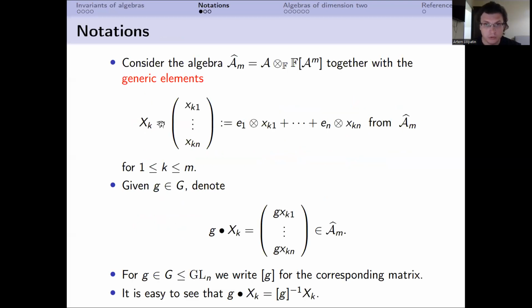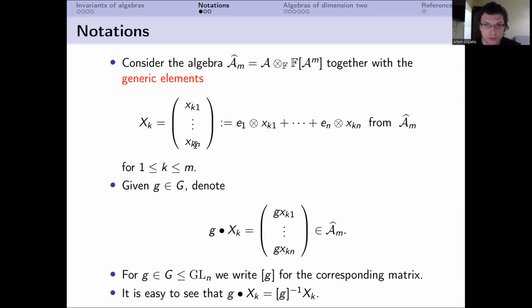And so it motivates us to study the case of other algebras. So now I would like to give a little bit more formalism. I would like to define traces in a more explicit way. At first, let me define the action in a more explicit way. To do this, I need to introduce some notation. So here we have our algebra, and we consider then the product with the coordinate ring. And then I need to consider some element, a so-called generic element.